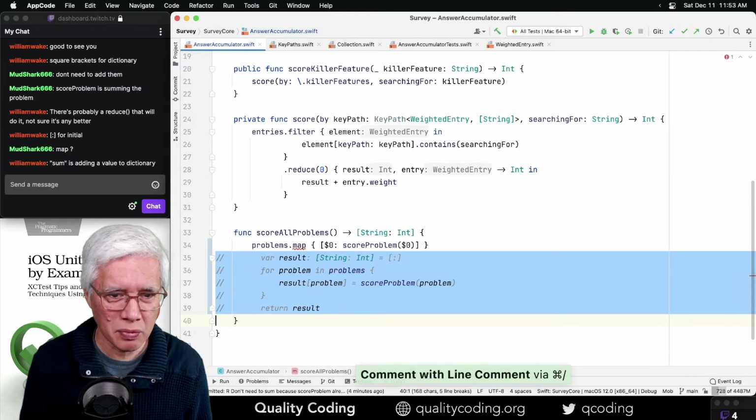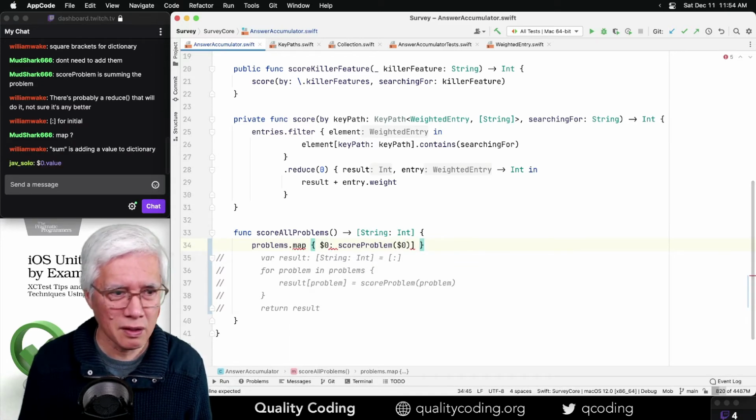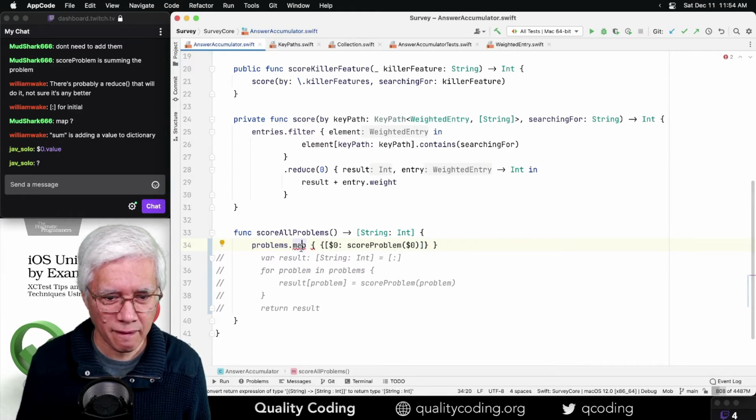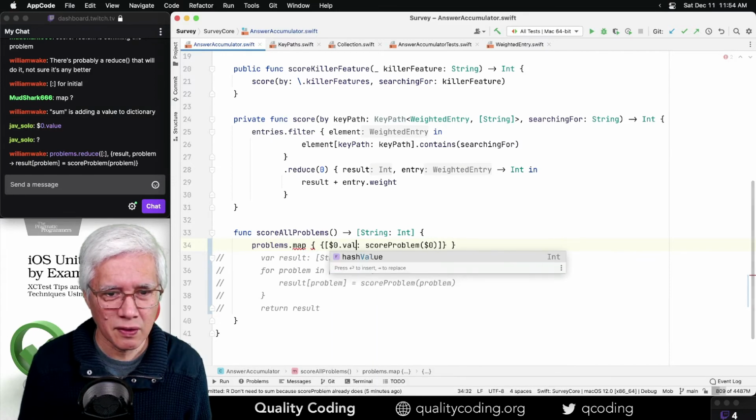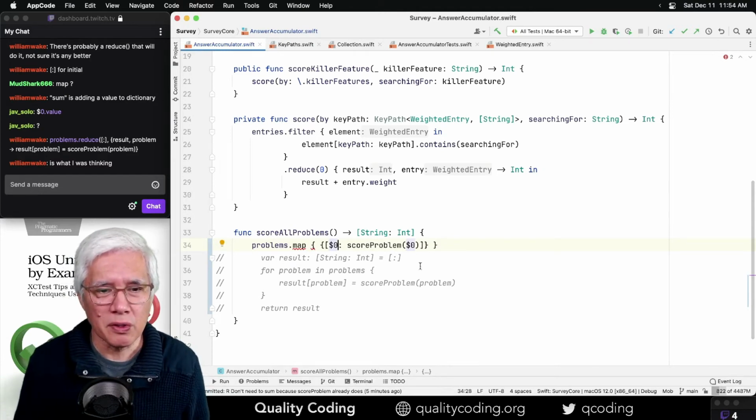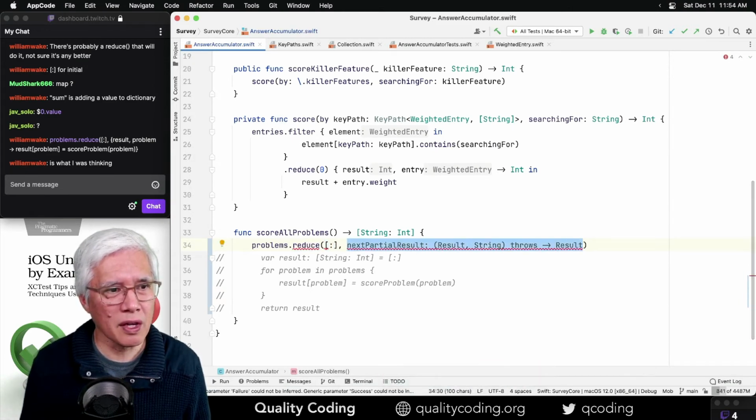I don't think this will work. Yeah, it doesn't like that. No, it's not zero dot value. Scores. Yeah, reduce the result. I'll go with your suggestion, Bill. Let's try it. It may be overkill, but if we reduce that with